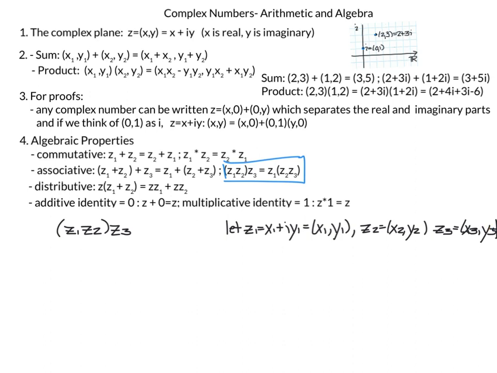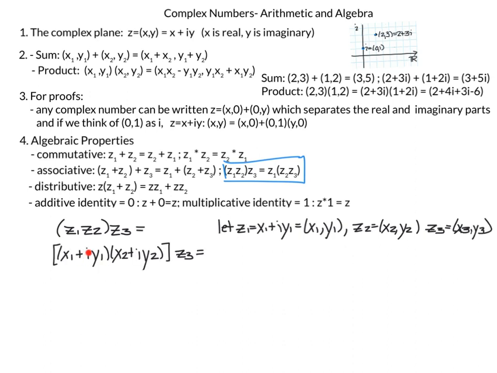Now I'm first going to choose this expansion here, where I write out in terms of x1 plus i y1, and then multiplying by z2, that would be x2 plus i y2. I'm going to do this multiplication and then multiply by z3. And just like multiplying any normal polynomial, I'm going to multiply my x1 times my x2. I'm going to have an i x1 y2, and then I'll have my i x2 y1, and then my minus